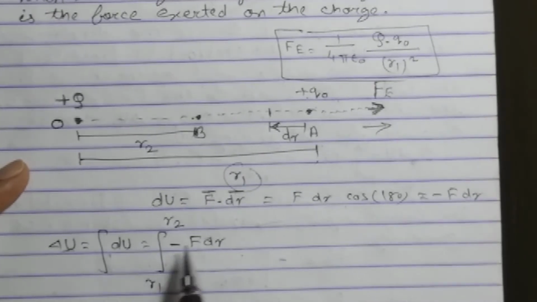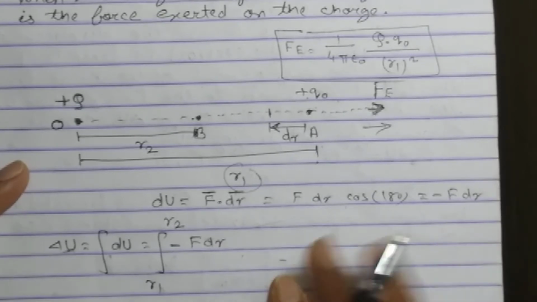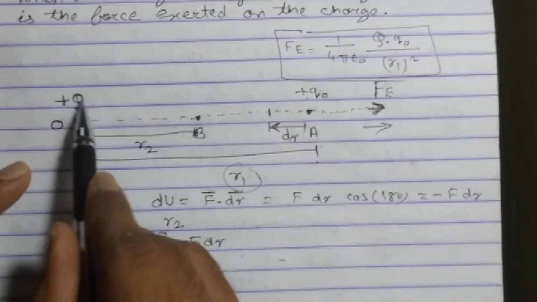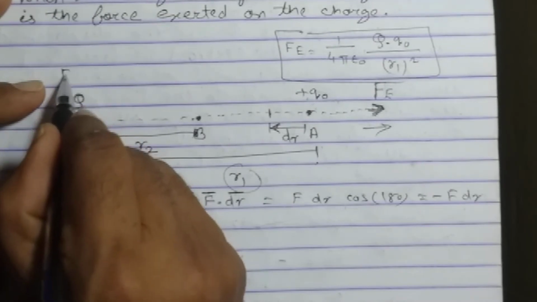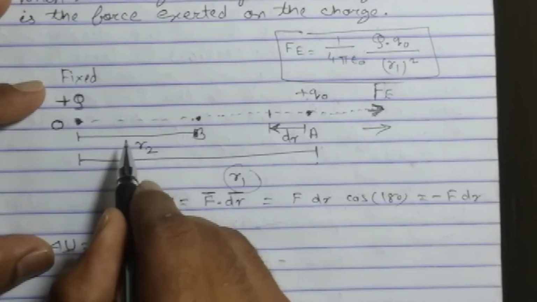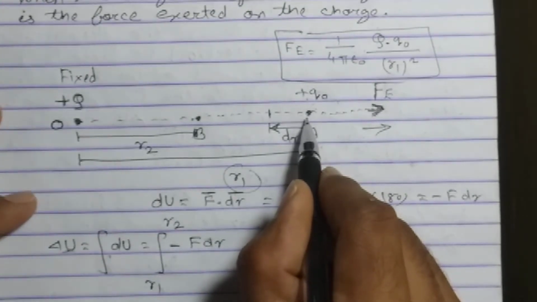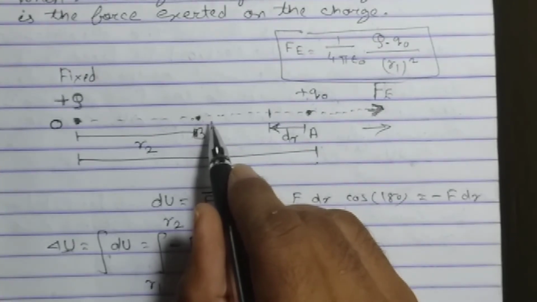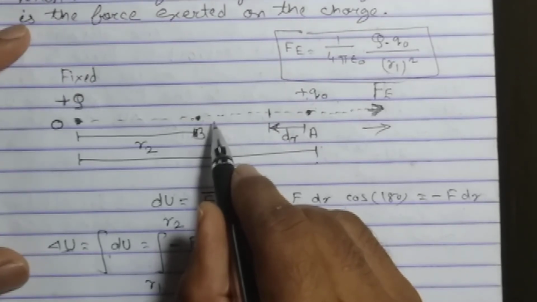Hope this is what you understood. Again I am going to explain to you. Simple, students, you have to find out. We have taken plus q, positive charge. Due to this plus q, this is a fixed charge. Okay, I bring this plus q naught from point A to point B. I want to find the work done, and according to the definition, work done is the increasing potential energy of the system.